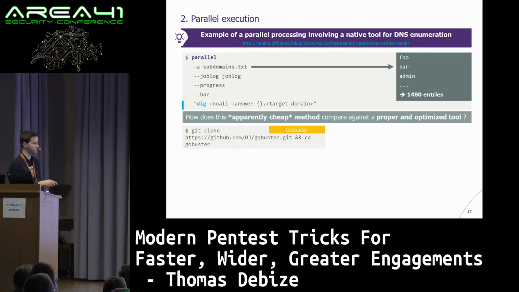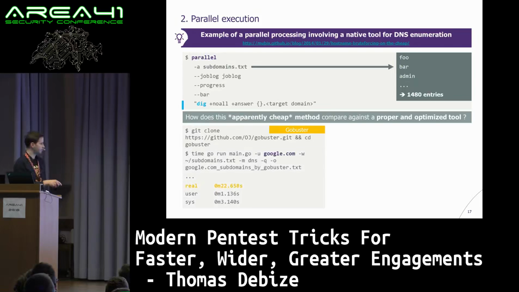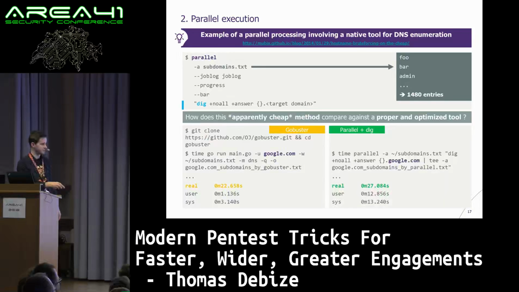Yesterday I tried with GoBuster. GoBuster is software written in Go for DNS and URL enumeration. Written in Go means performance, native compilation, so you expect high performance from a Go program with multi-threading and so on. So how did it compare with just a simple Parallel and dig? By enumerating these entries for google.com on the hotel's extra Wi-Fi, it takes me 22 seconds. And with Parallel plus dig, it takes me 27 seconds. That's 20% more, but even